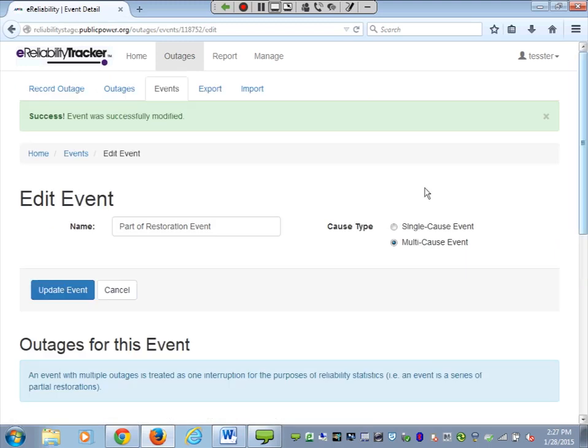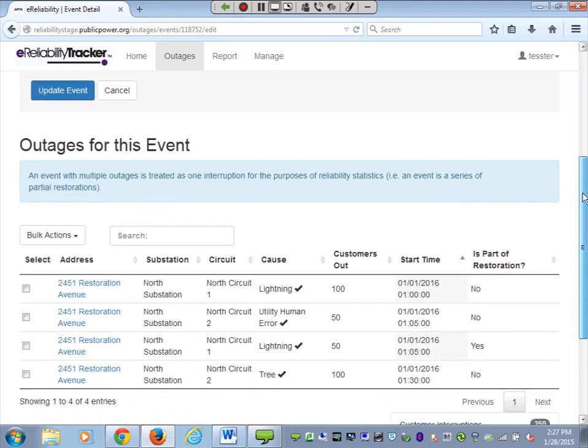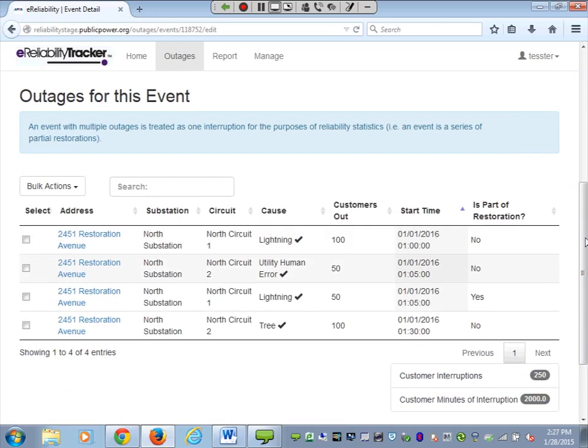So it says success, event was successfully modified. That means I'm all good to go. When I scroll down, I see the outages listed for this event. You'll notice that this is pretty much the same scenario that we've been talking about for partial restorations, where we